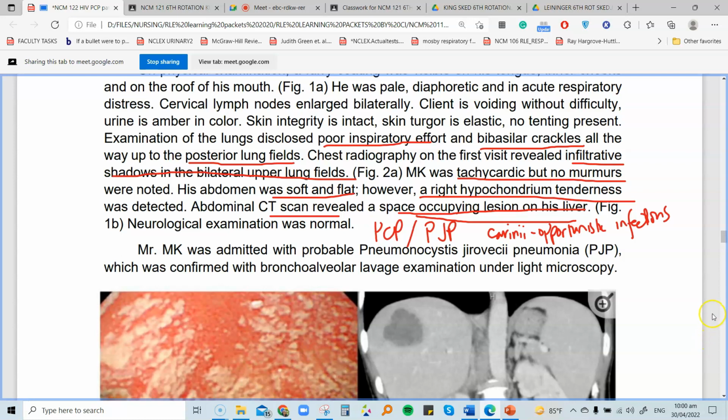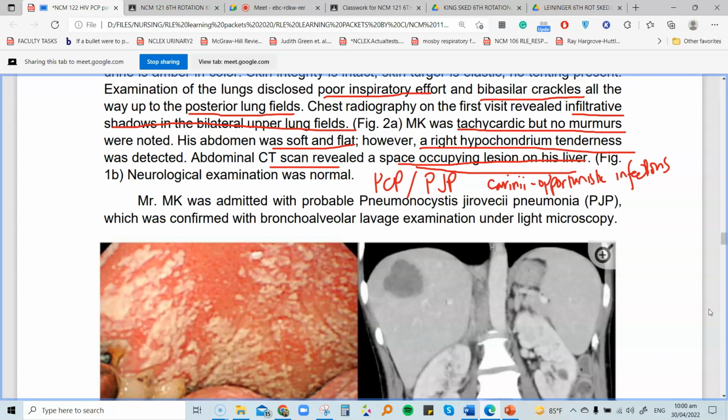So, according to the doctor, it was confirmed that this particular causative agent was found in the client's lung because they have performed a bronchoalveolar lavage examination under light microscopy. Apart from yung ating X-ray, the X-ray only shows you the extent of the disease, the coverage of the disease in your lung fields, but it does not provide information on the specific causative agent. So in this case, kailangan nating malaman kung anong specific causative agent yung nagkukos ng respiratory problems to our patient. Hence, they have confirmed that the patient has your PCP or your PJP.